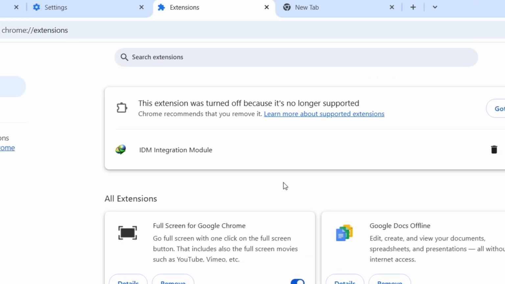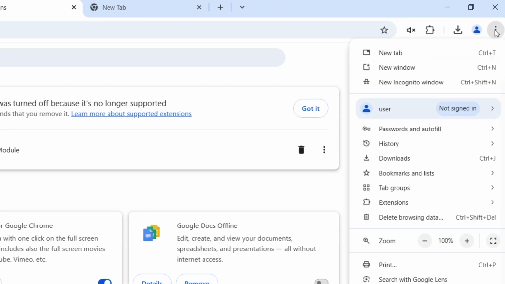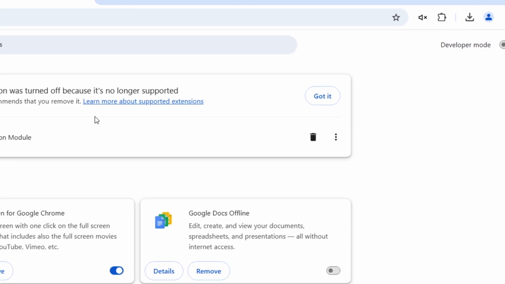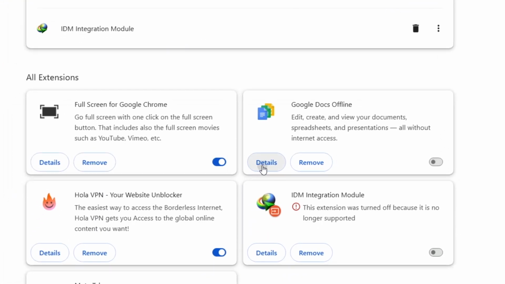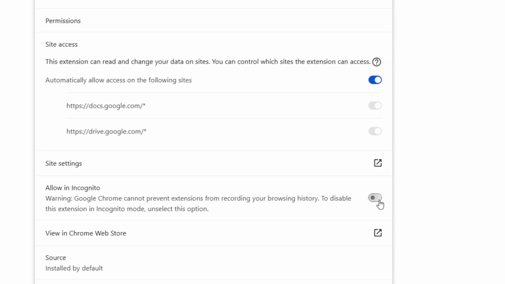If you want to disable extensions temporarily for troubleshooting, you can use Incognito Mode. Most extensions are disabled by default in Incognito. To allow an extension in Incognito, click Details under the extension and toggle the option that says Allow in Incognito,